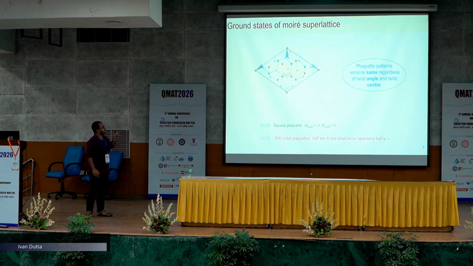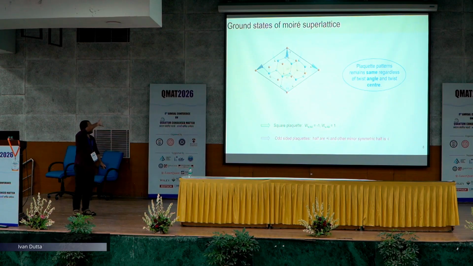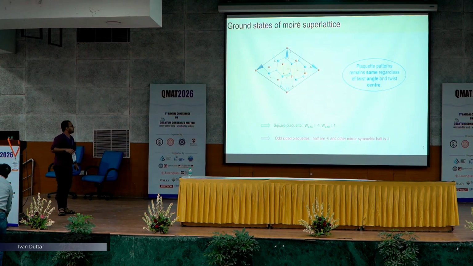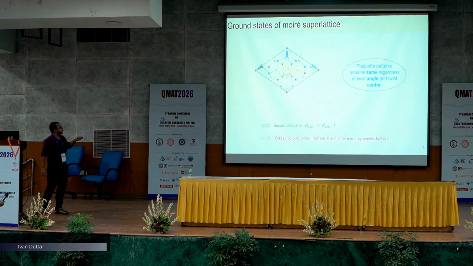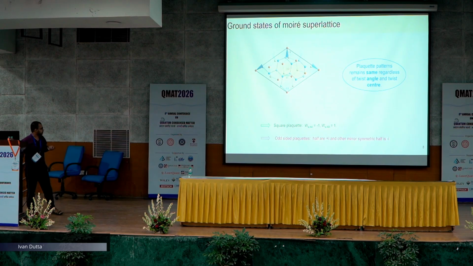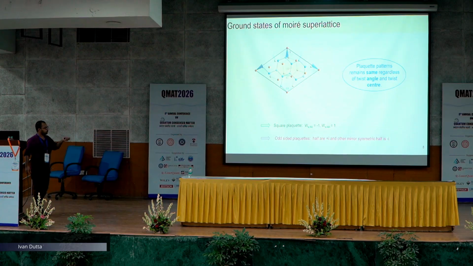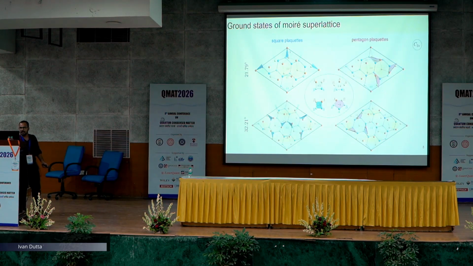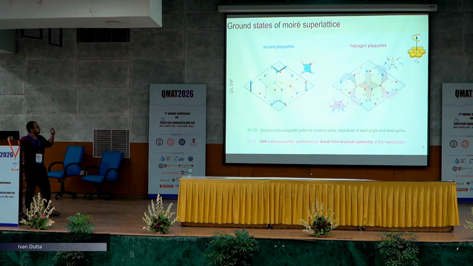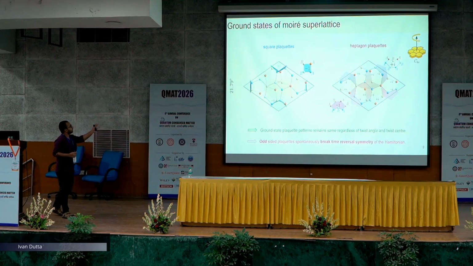So this yellow is the AB stacking region and the corner is the blue stacking region, and we can see that for the A stacking region all the square plaquettes are -1, and for AB it is +1, and there are also some odd-sided plaquettes, half of them are +i and half of them are -i. You can see for certain twist angles the pattern remains the same for a particular twist center, and also if we change the twist center, still my pattern is the same.